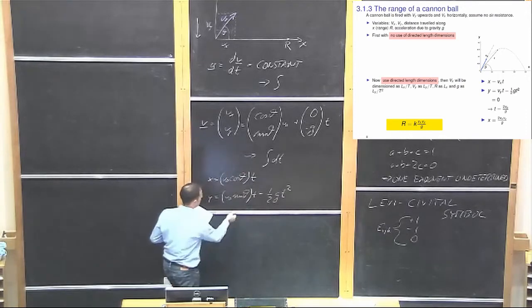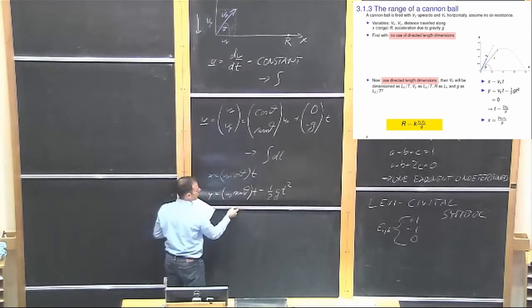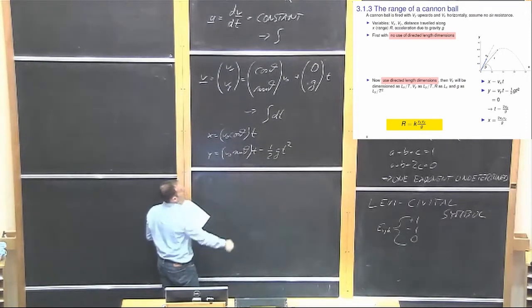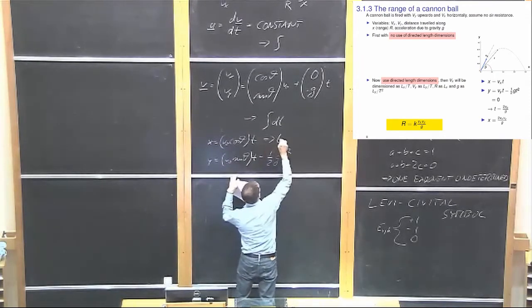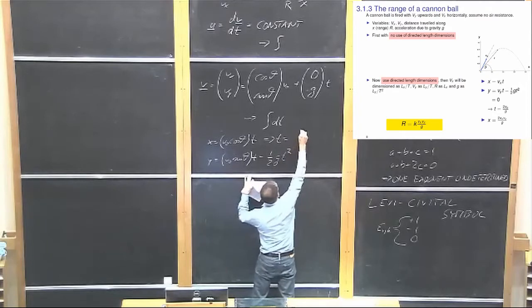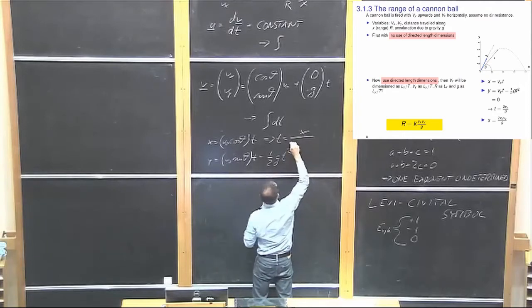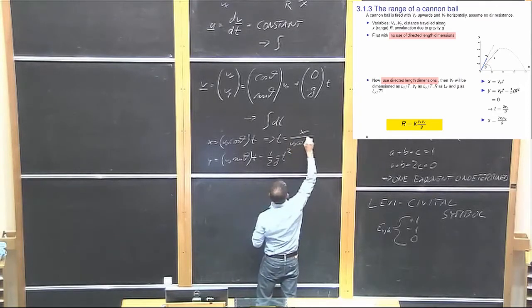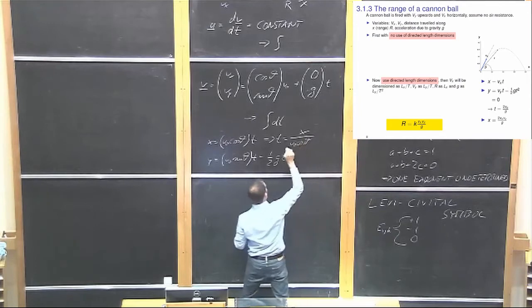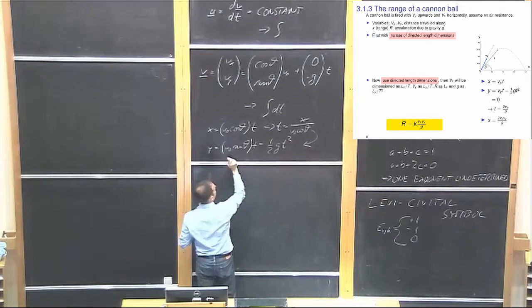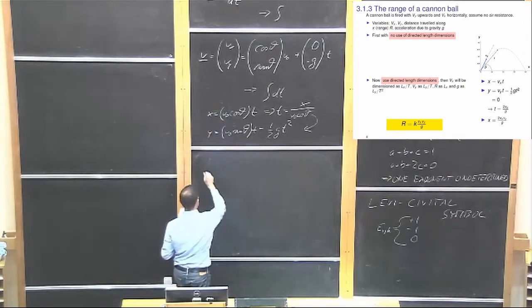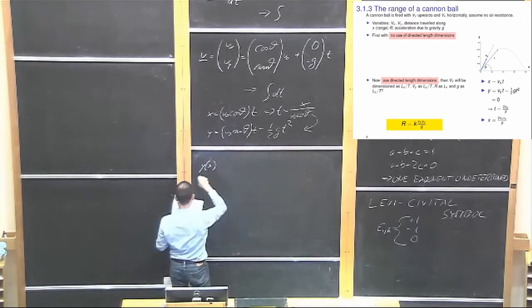By simply treating it separately, they're not going to change in there. Now, if we solve this for t equals x over v naught cos theta, and we plug that in here to eliminate the time to get y as a function of x,